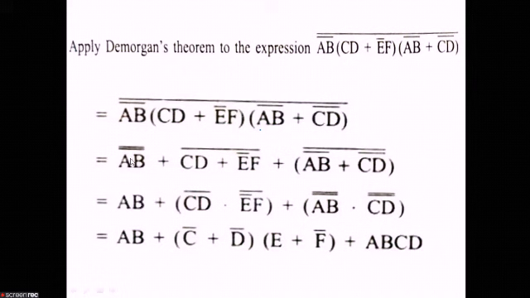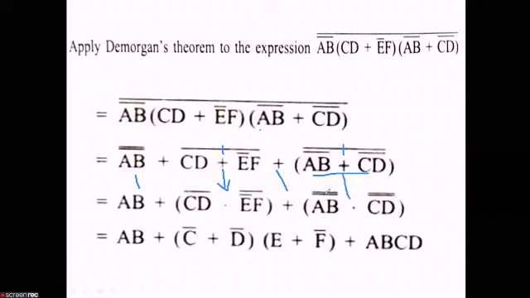Now this is A double bar. What is the meaning of A double bar? A double bar means A. Again this one you have to see: break the line, change the sign will be applied here. Break the line means this will be broken here. So it is C into D bar, plus has changed to dot. So E bar F whole bar. Now this one is plus here, so it is coming here. So you have to apply this break the line and change the sign statement. So this line will be broken here, and this sign will be changed here.